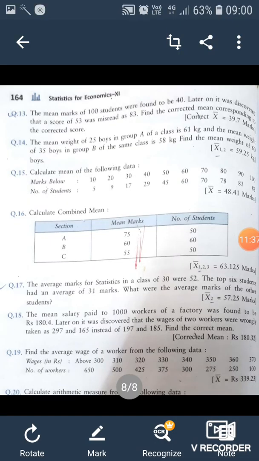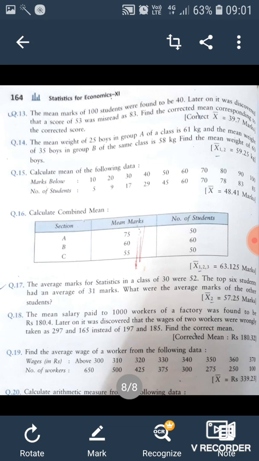In your books, in the back exercise, calculate the corrected mean using the same method that we have just used. The number of students is given as 40, the mean marks is 100, we will calculate summation x and then use the right value and deduct the wrong value. Question number 14 is combined mean, do it by yourself. Marks below and number of students in question number 15: here you will first of all create the intervals. This is a less than cumulative frequency question. Again in question number 16, use the combined mean method.